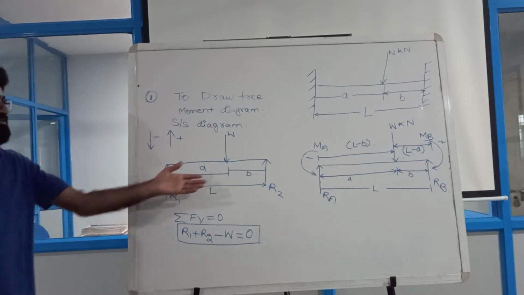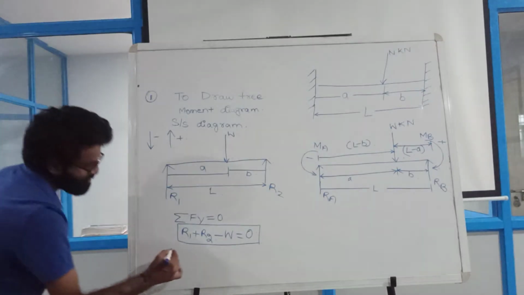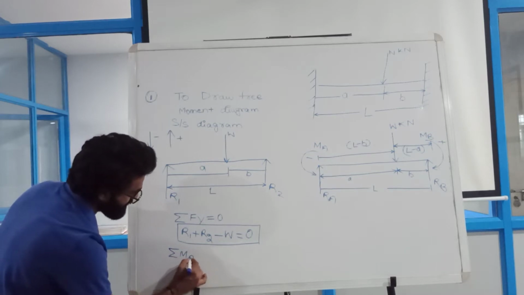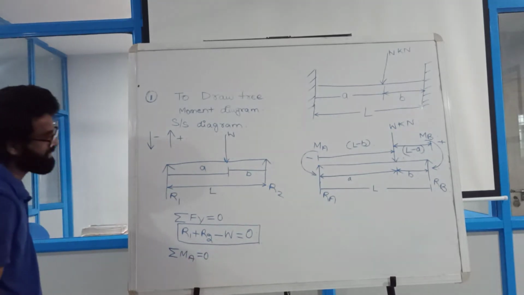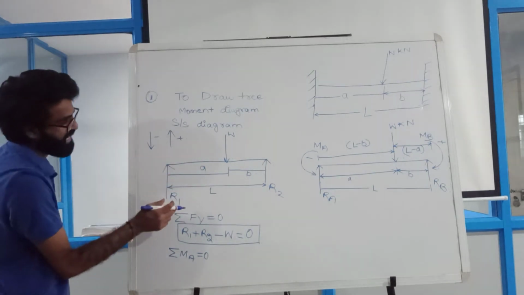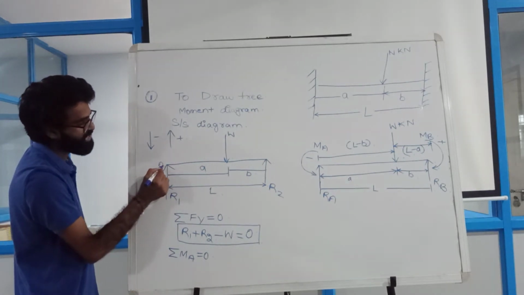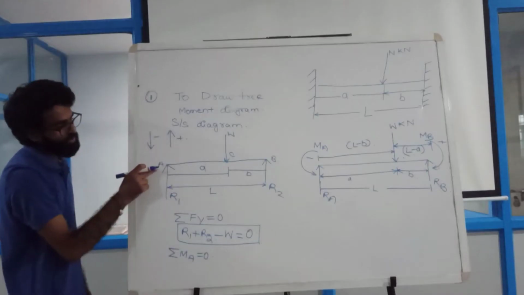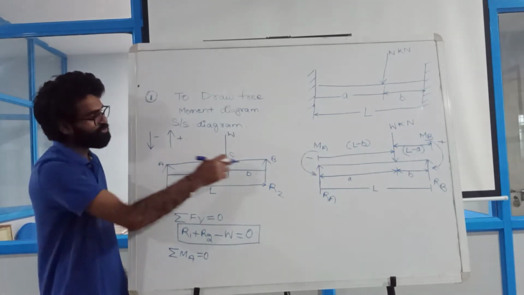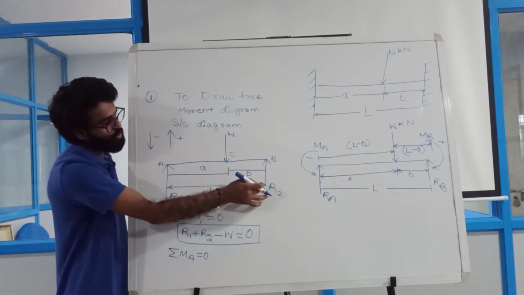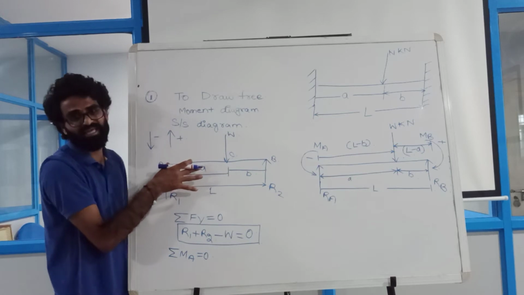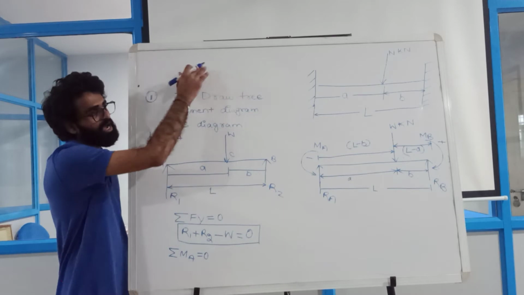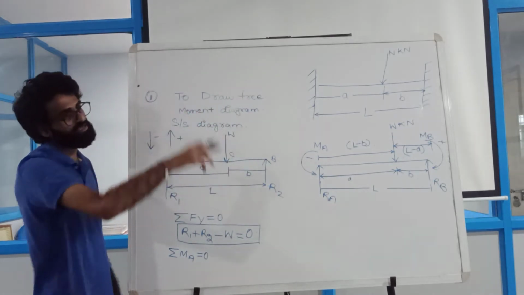And if I make the moment equation, what is my moment equation? Summation of Ma is equal to 0. At the A point, this is the A point, this is the B point, and this is the C point. I am taking the moment at the A point. From A, I will keep my thumb at A and see the loading, that is R2. R2 is acting in the up direction, that is, anti-clockwise.